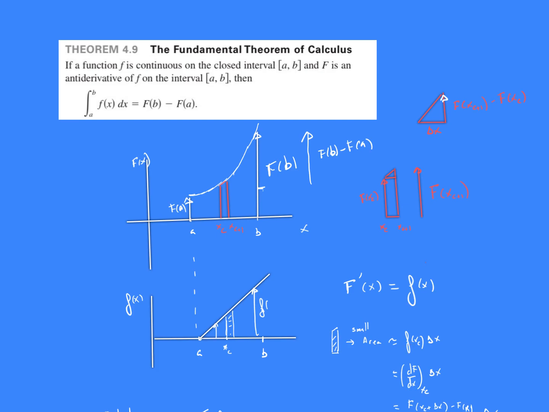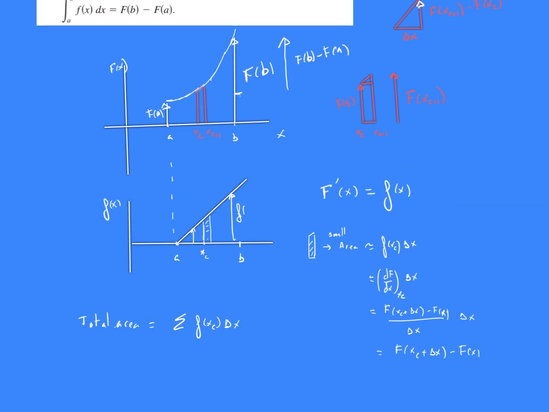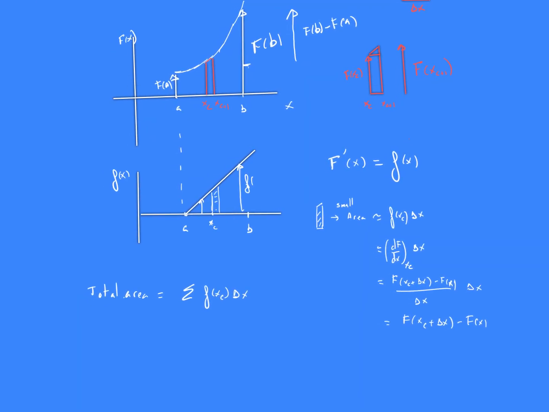Now, f of x sub c is related with the slope of capital F. So f of x sub c is the derivative of capital F with respect to x at the point x sub c. So the derivative of F with respect to x at the point x sub c multiplied by delta x is the small area. But the derivative of F with respect to x at the point x sub c is more or less